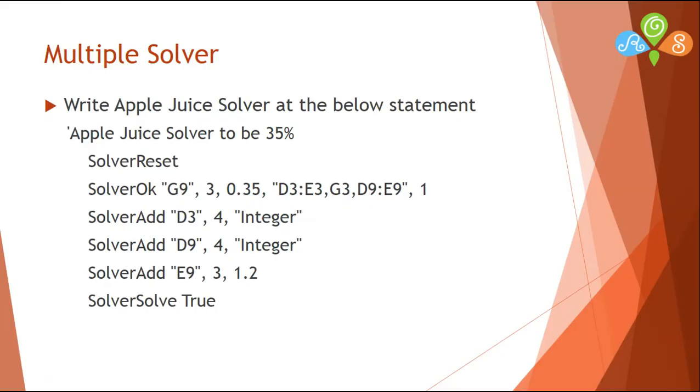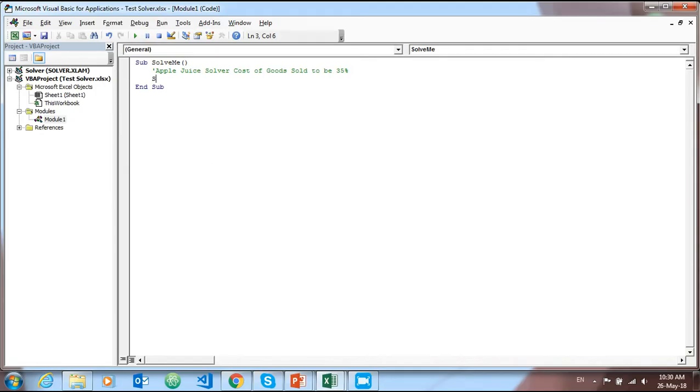And then SolverReset. SolverReset here means that when you click multiple times, several clicks, whatever, it just resets to blank, and then you can make your script re-execute. So I put SolverReset,